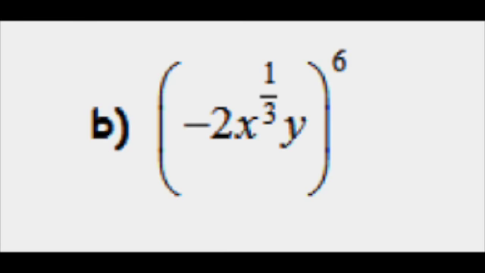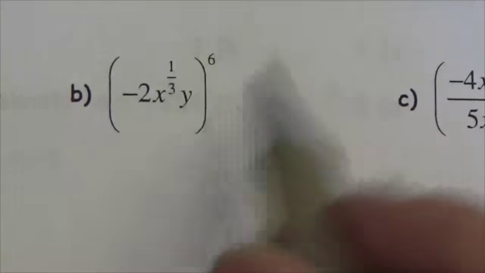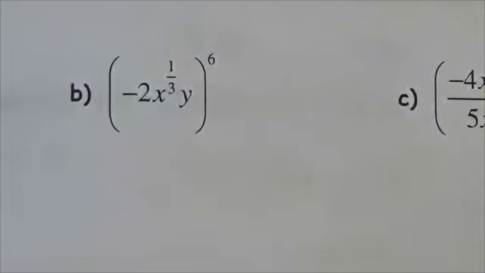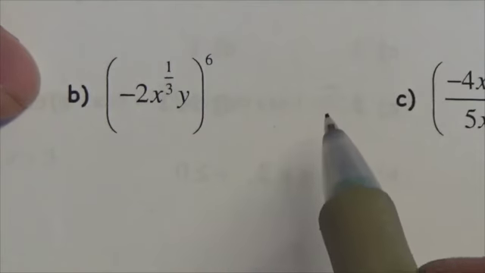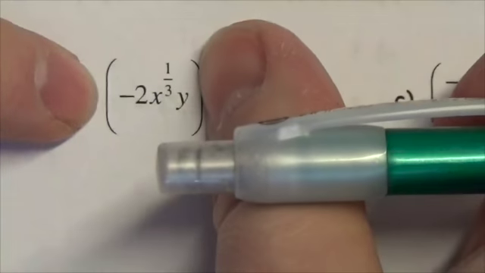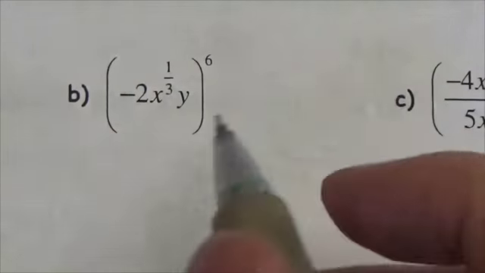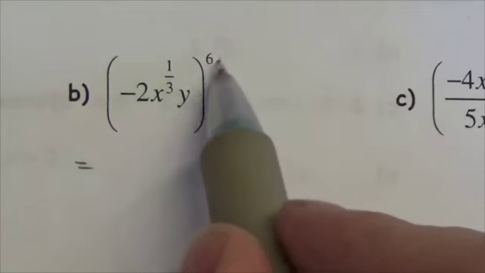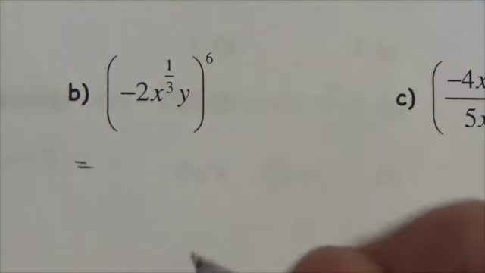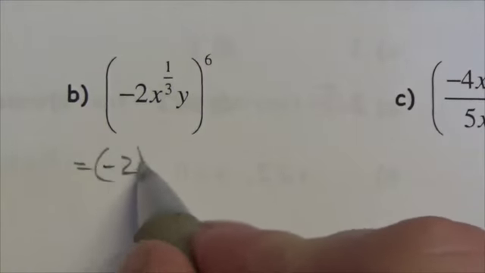Negative 2 x to the 1/3 times y, all to the 6. All right. Normally when dealing with a problem like this, I would follow BEDMAS fairly strictly, and I would look at what's inside the brackets here and do whatever's inside there first. But there's really nothing inside there to do. There's nothing to simplify here. So because these are all multiplied together, I can distribute that 6 through to every term and make this negative 2 to the 6th,